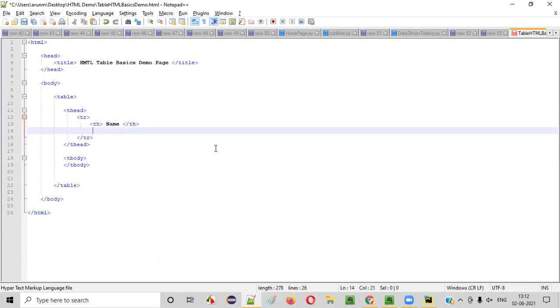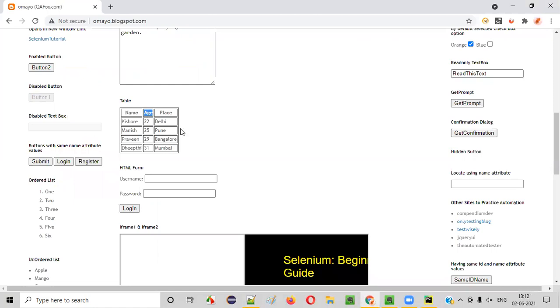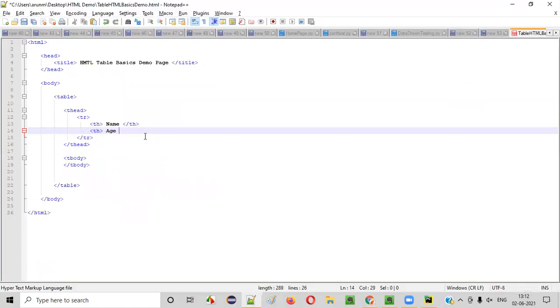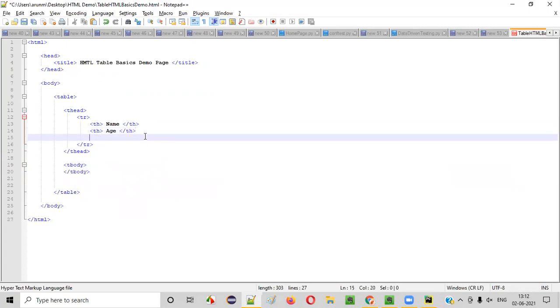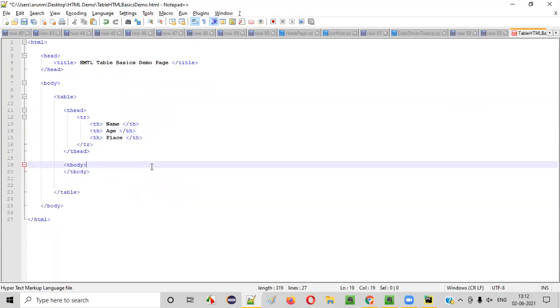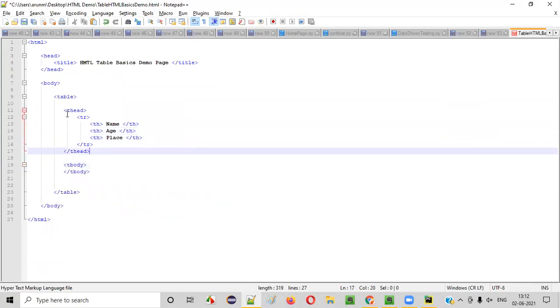Next one is again th. Second th is age. Table heading age /th. Third table heading is place. Name, age, place /th. Done. So this is the T head.